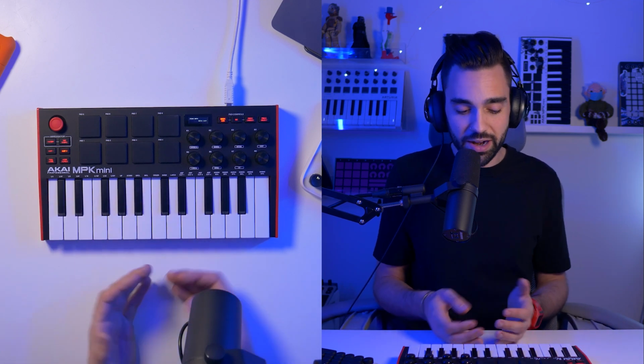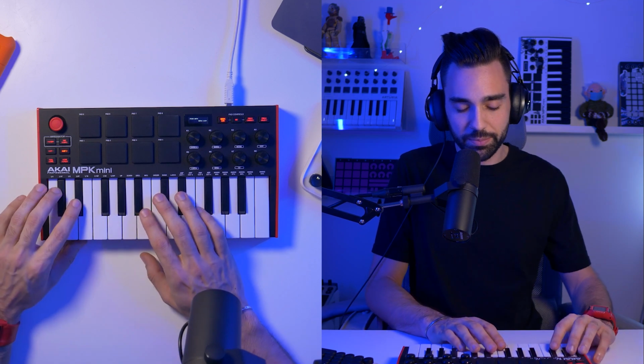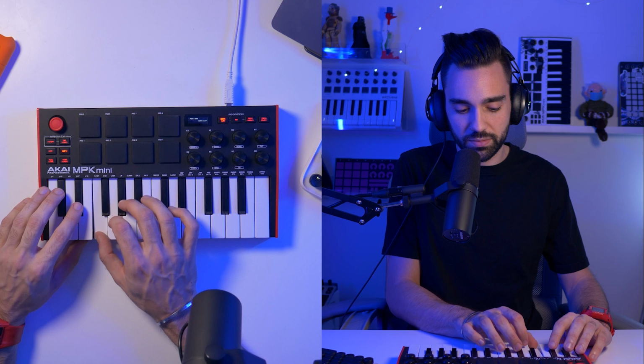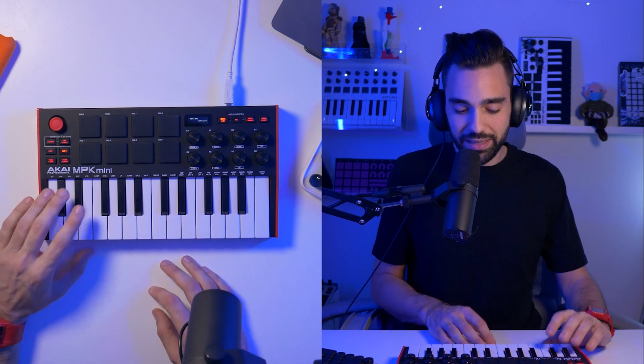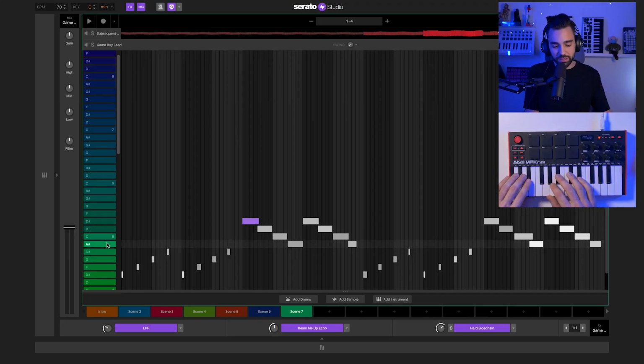And what you'll notice there is I'm actually using a combination of a leap and then consecutive notes. It's good to not have too many leaps in your melody. I think it sounds a little bit better to use leaps sparingly and then also use them with a combination of neighbor notes, consecutive notes. The other thing I'm doing with this pattern